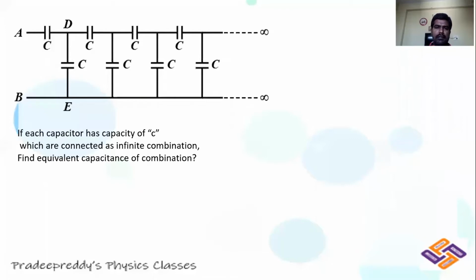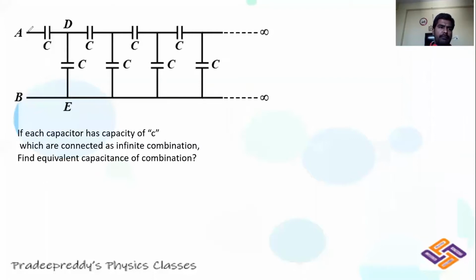Everything can be calculated once you are able to find out the equivalent capacitance. And today we are going to discuss a few more problems based on the same concepts. As a part of that, today we have one problem which is displayed on the screen. You have an infinite number of capacitors here. Infinite number of capacitors are connected in between A and B.